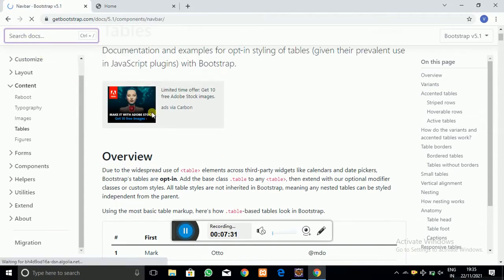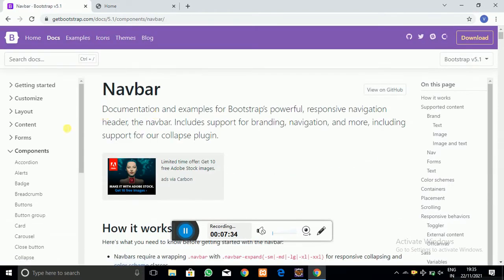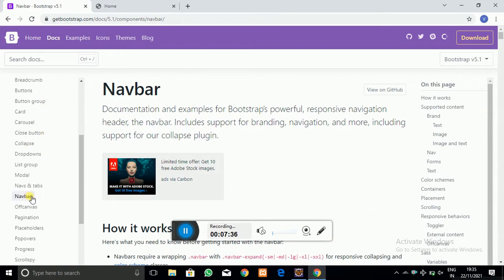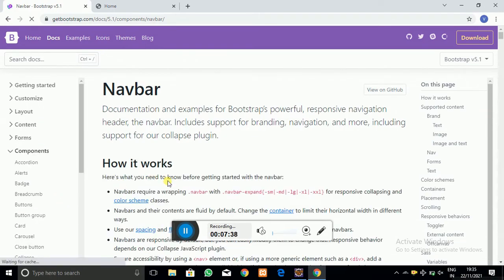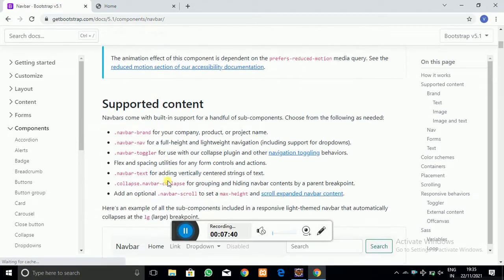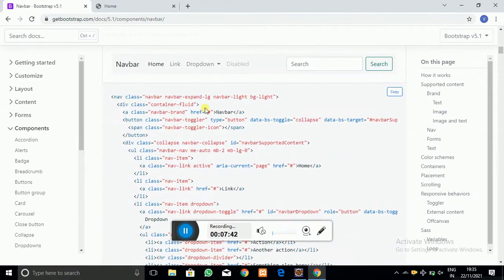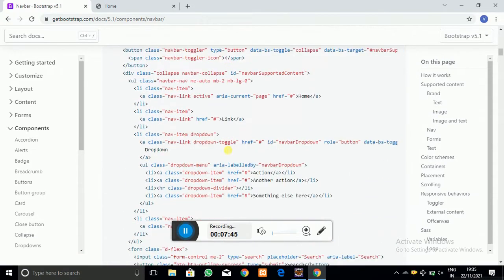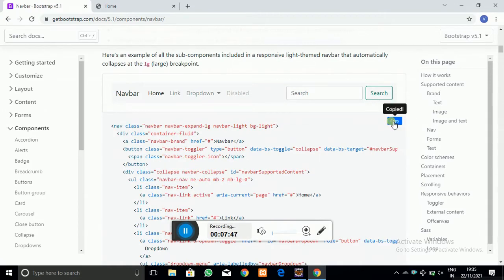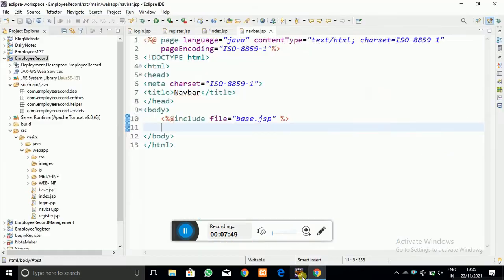Let's search for it, and here you can see this was the navigation bar. So I just copy all the code, come to the Eclipse IDE and paste it here.